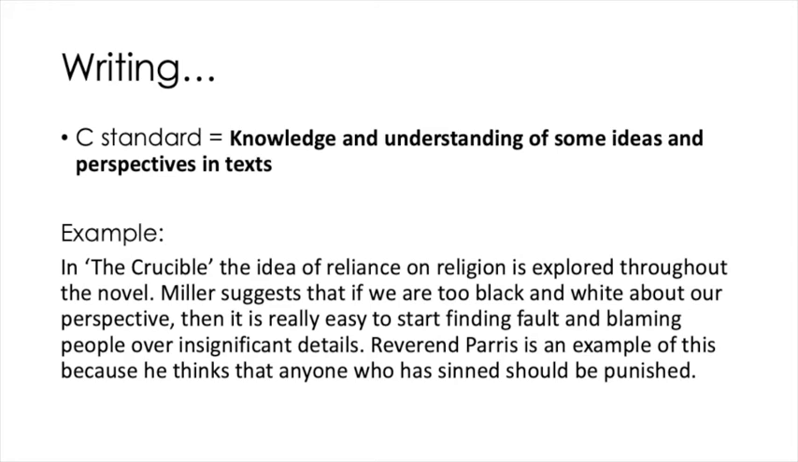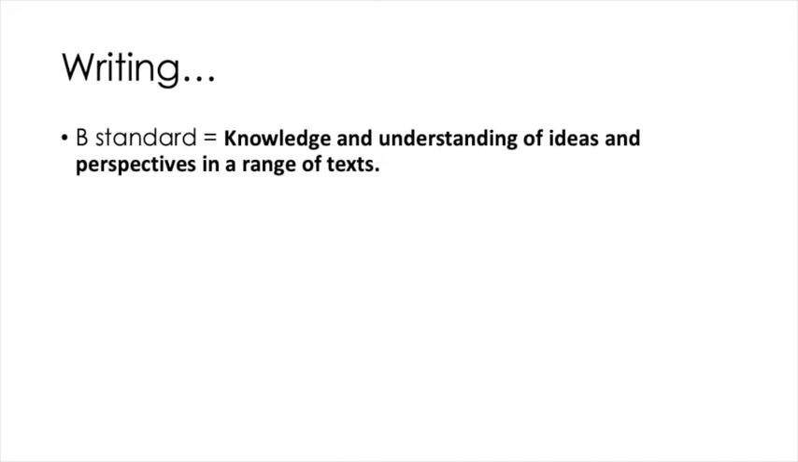Reverend Parris is a character, and this is his perspective. So we can see it's building in its complexity. As we go to the B, the main thing that changes is we lose that word "some." Before we talked about some ideas and perspectives, and now we're just talking about ideas and perspectives. I'm sure you can imagine that the key difference that we're looking to see is more implications, a stronger understanding